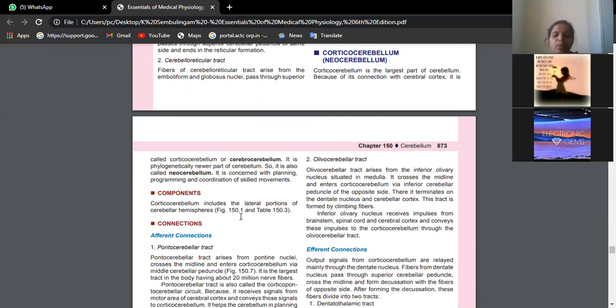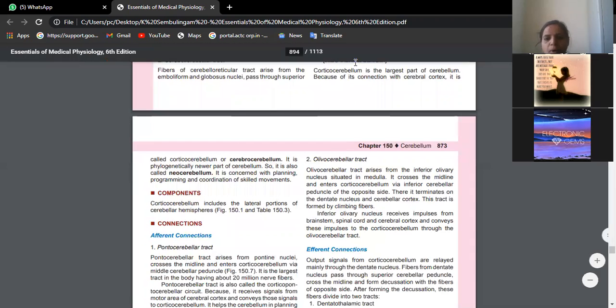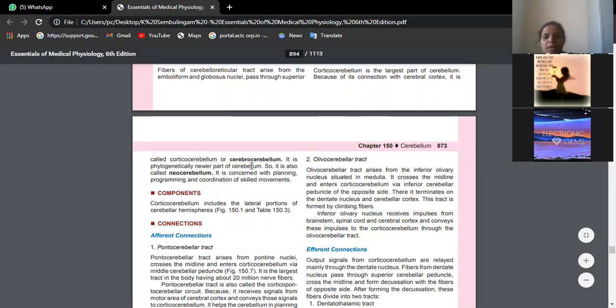Human beings are much more advanced when you compare with lower animals. Though lower animals can do all muscle activities, tone, posture, equilibrium, sexual functions, reproduction, everything, still we are highly advanced because we have certain higher centers developed in the human brain, among which the corticocerebellum is one part because it has connections with the cerebrum.